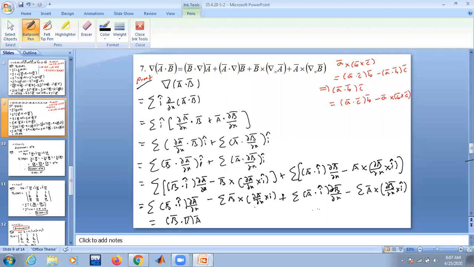Okay. Now when you expand, B cross is there in every term, so I can apply the distributive law on the cross product and write it as minus B × Σ ∂A/∂x × i. Plus again we know this notation, that is nothing but A · del of B. Again using the distributive law, I can write it as minus A × Σ ∂B/∂x × i. Is it okay? So what is the final answer?